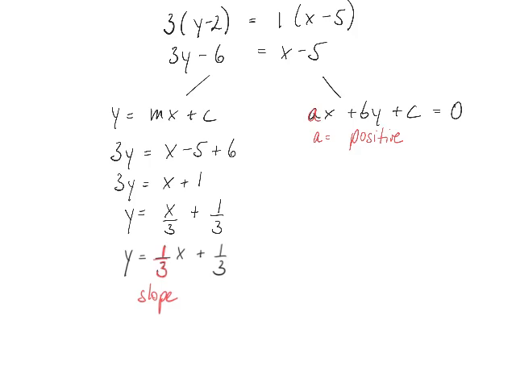Okay, so look at our equation again: 3y minus 6 equals x minus 5. We can see the x is positive already, so we're going to put everything onto that side. That means on the left, we are left with 0. And we have our x minus 5 there, and then we move the rest over to the other side and change the sign. So that would become minus 3y